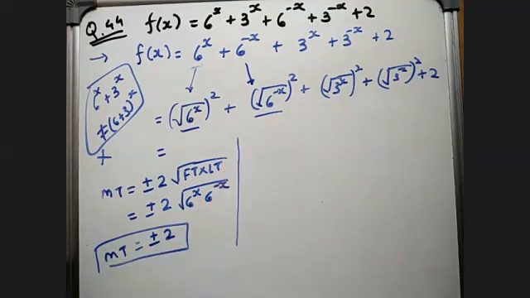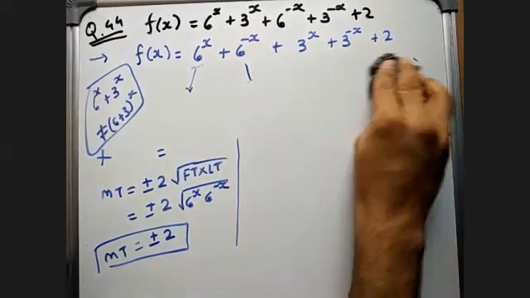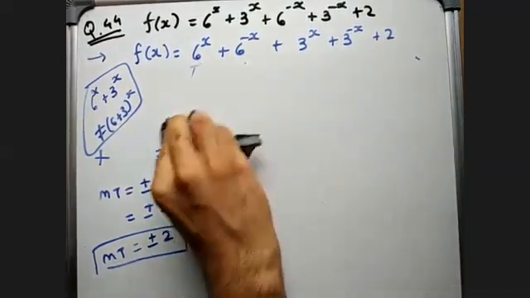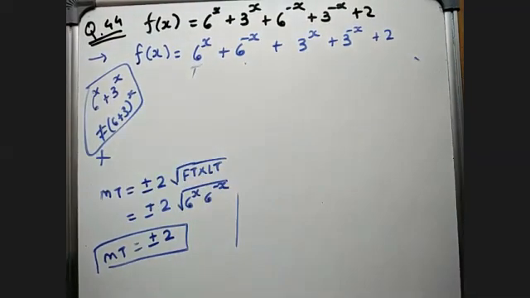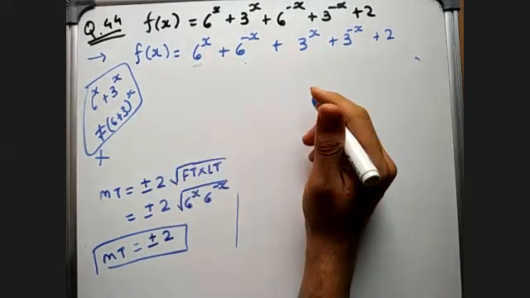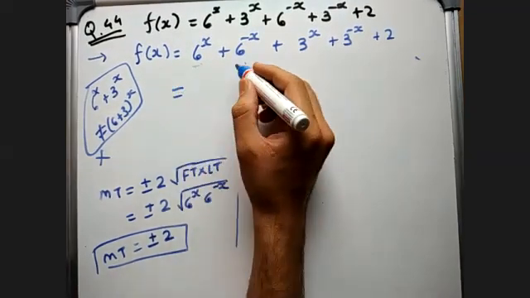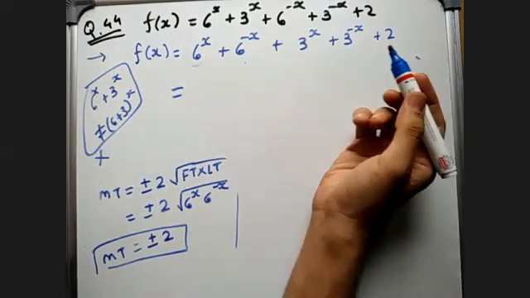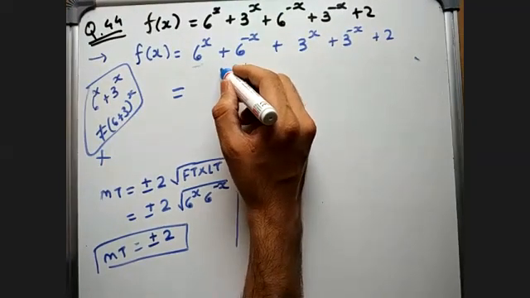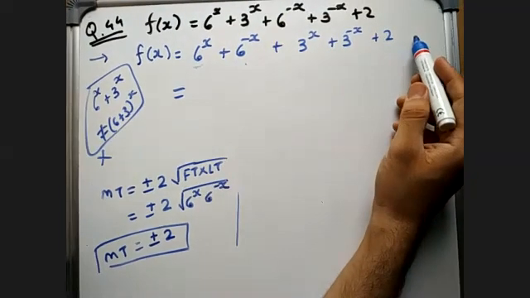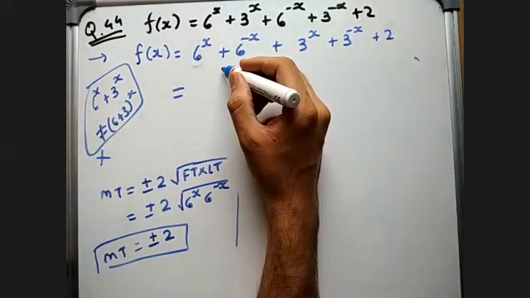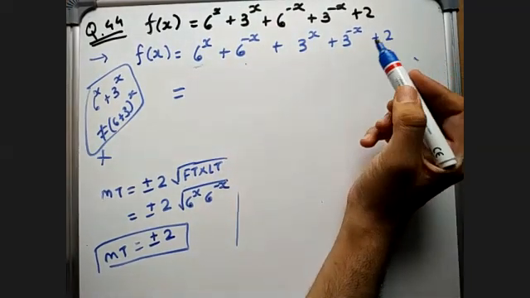So here, even if you are not doing this, you can do this. The middle term will be plus or minus 2 for this as well and for this as well. Now it depends on you, either you put minus 2 or plus 2 here. If you put plus 2 in between, you will put minus 2 this side. And if you put minus 2 over here, you will put plus 2 this side.